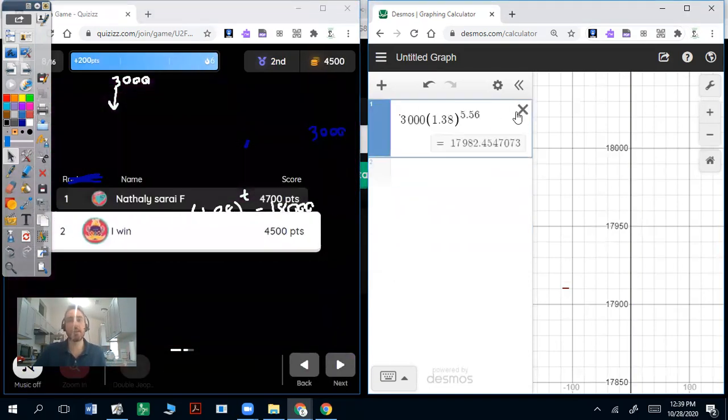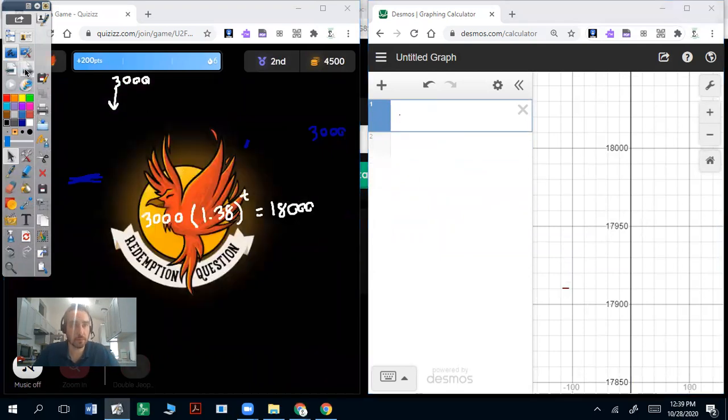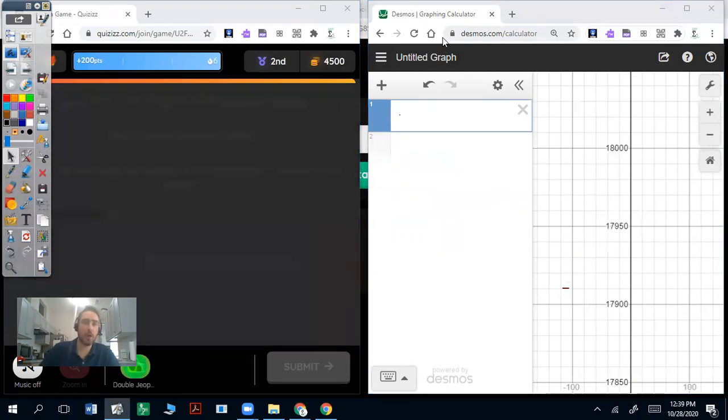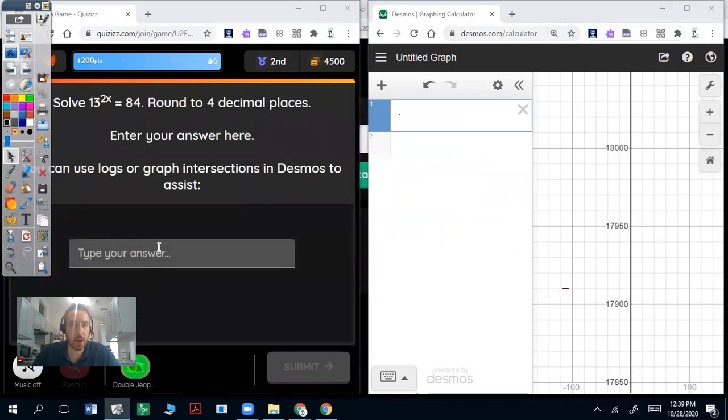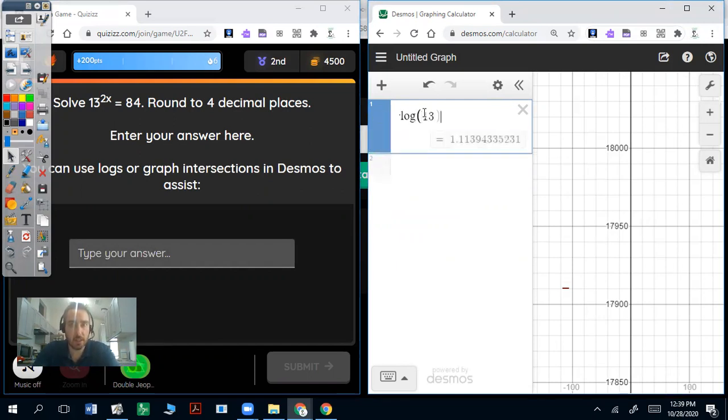So you got methods, you got different ways to do these. And I don't care how you do it. Oh, this is a redemption question. Remember how I got this wrong because I didn't round it correctly? So this is going to be, let's do it as a log. It's going to be log base 13 of